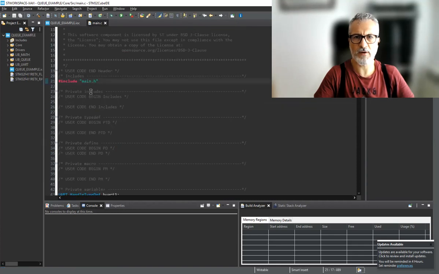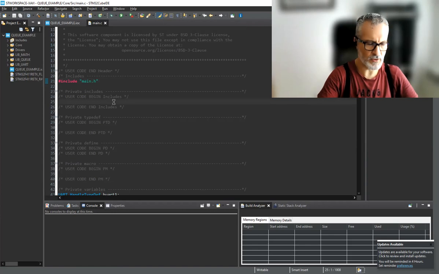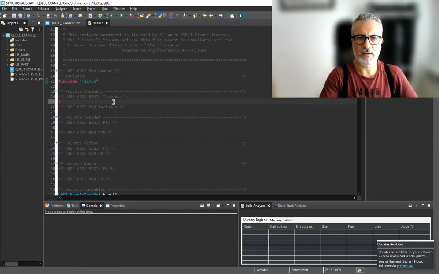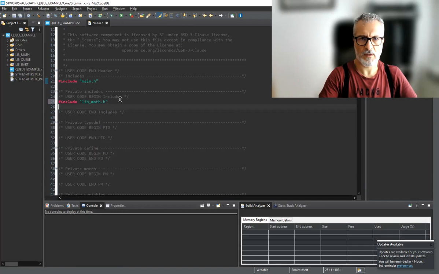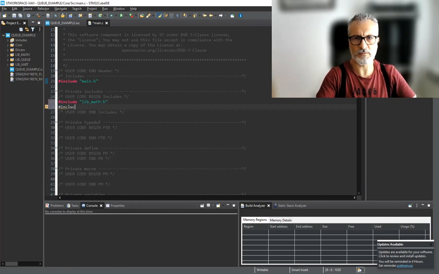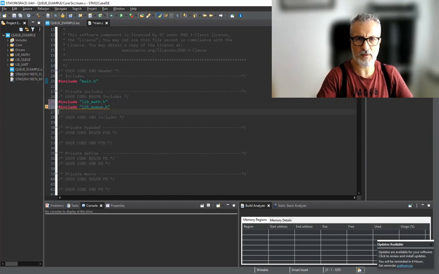Okay, here we are. We have our main. I have to add my include, my libraries of left math. Left math.h. Include left, I'm going to say q.h, and I'm going to say include library